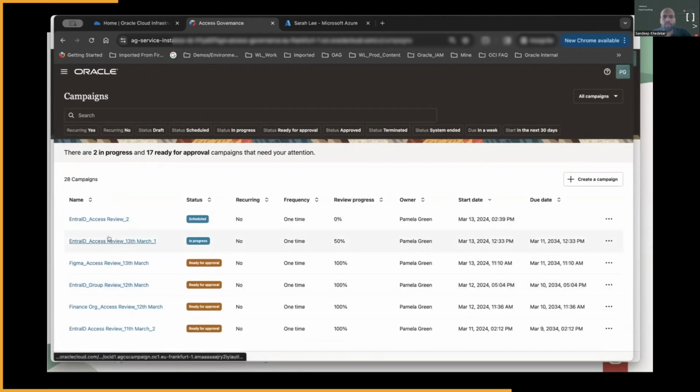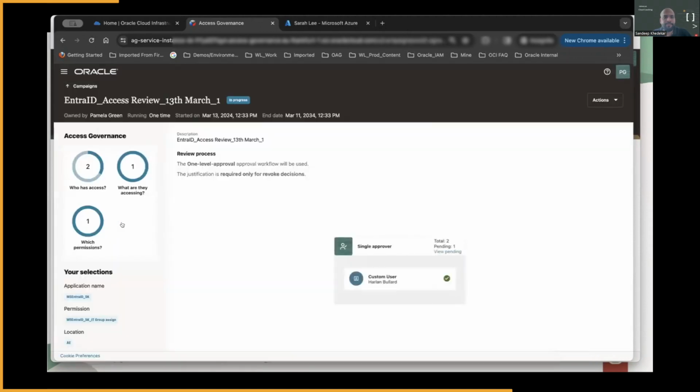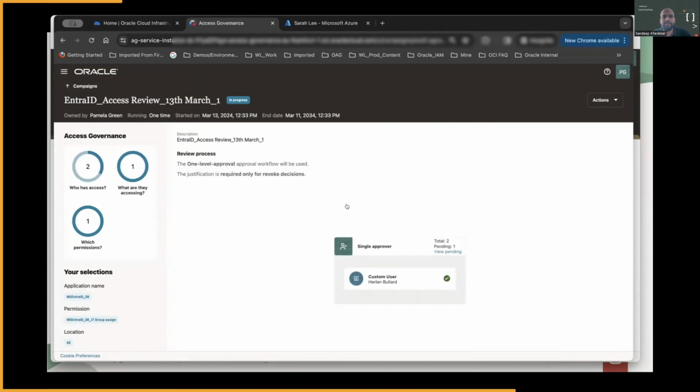Yeah, so this is the one. The update has updated. So I'm just going to have a quick look at it again. So the user has approved, right? So now it will go ahead and take certain action.